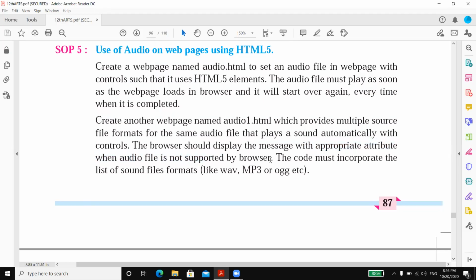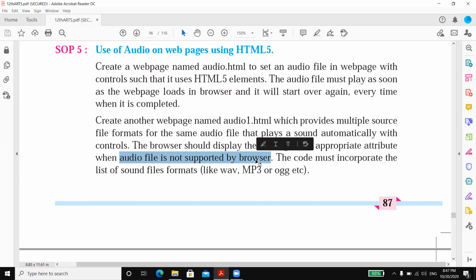Now, we need to understand the logic behind this experiment. We are not only playing one audio file in the browser, we also want to make sure that if the user uses any browser which doesn't support a particular audio file format, then an error should be highlighted in the browser saying your browser does not support this audio file format, or the audio file is not supported by the browser. Because when you're writing the program, you may write it correctly as a developer, but you cannot guarantee which browser will be used by the user to visit your web page or website.